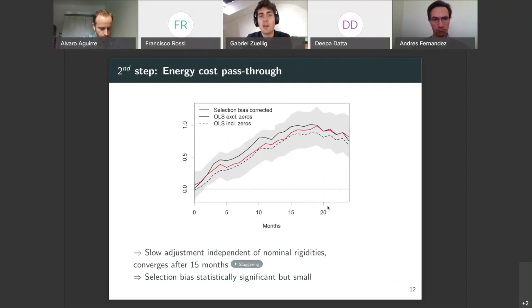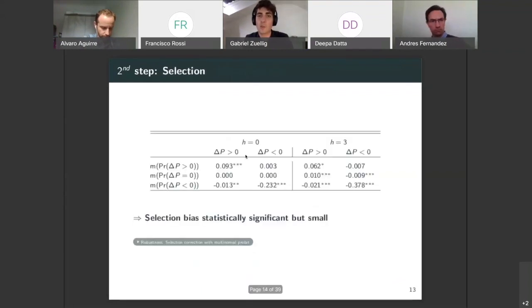The OLS excluding zeros is a little higher than the dashed line including the zeros, but it doesn't seem to be economically large. However, we can directly test whether the correction terms that we have in our regression are statistically significant. This is what is shown here for two estimation horizons, and they indeed are. So if you draw a positive cost shock, you are more likely to select yourself into